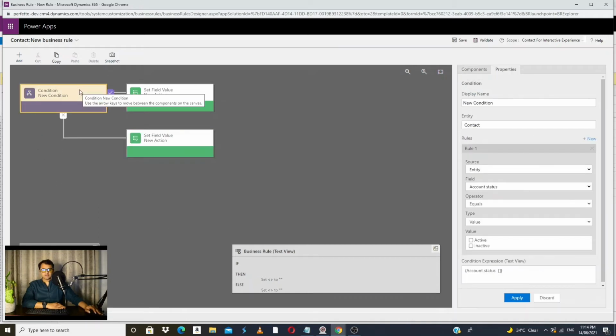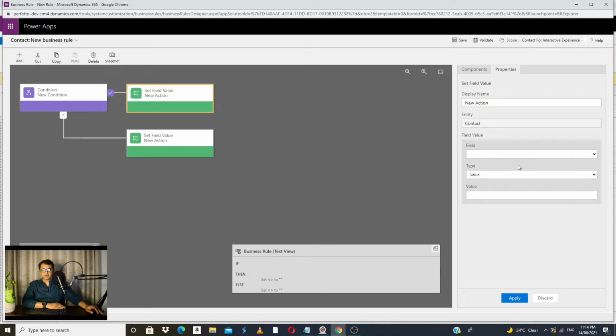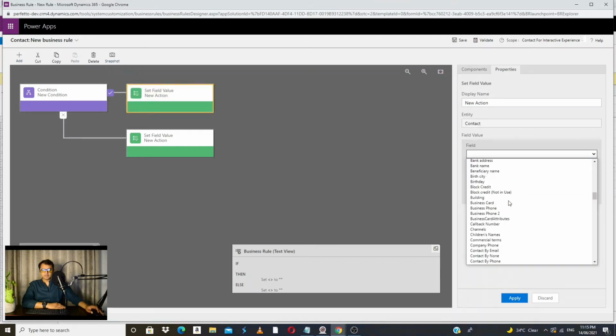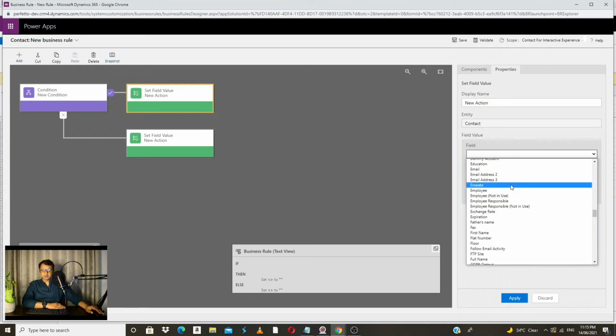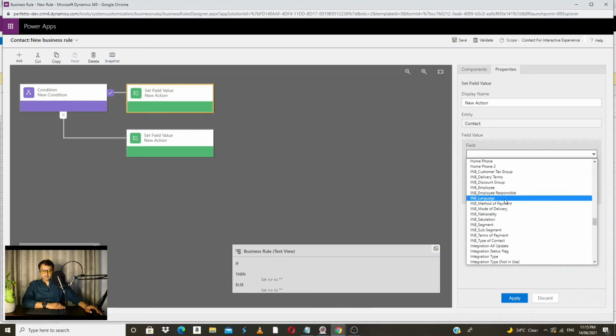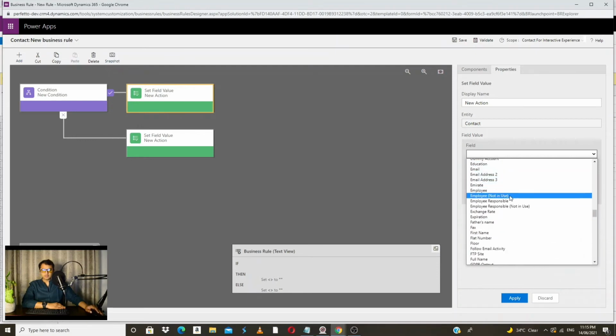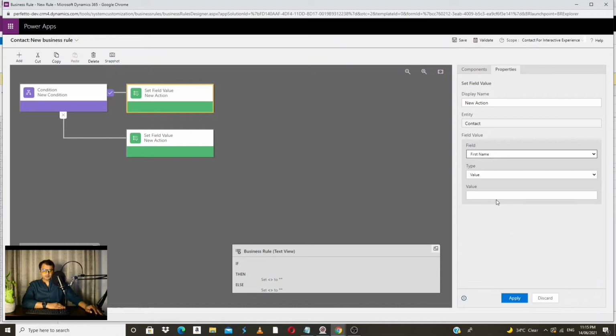Now my condition over here I'm going to put as if my account status value is active, I'm going to set my field first name to be Kirtan.